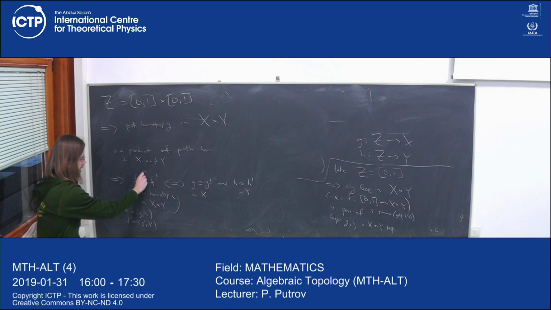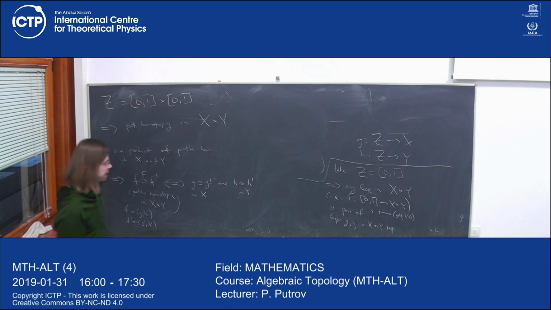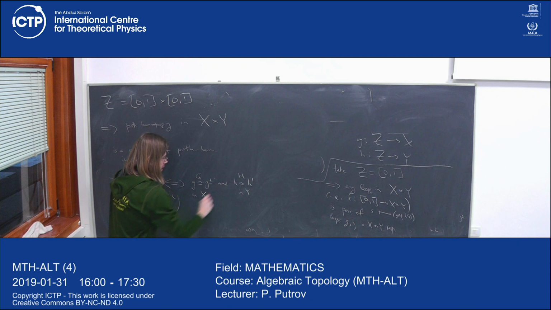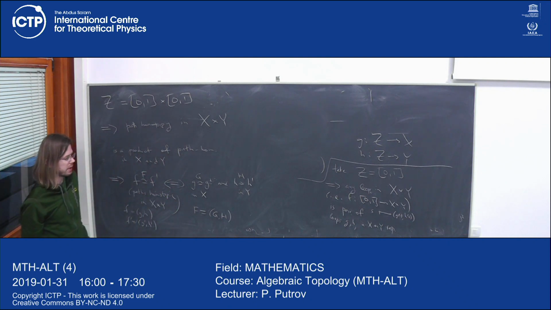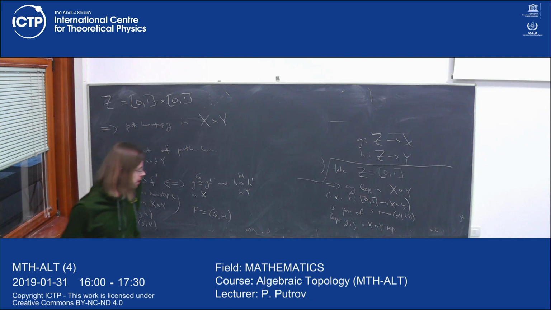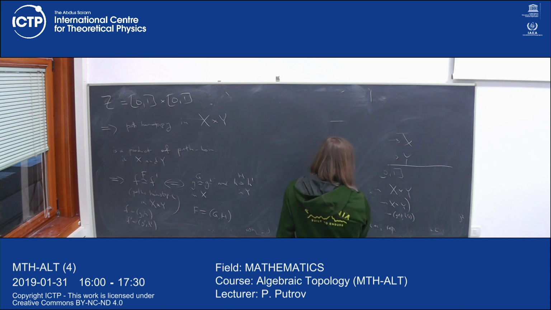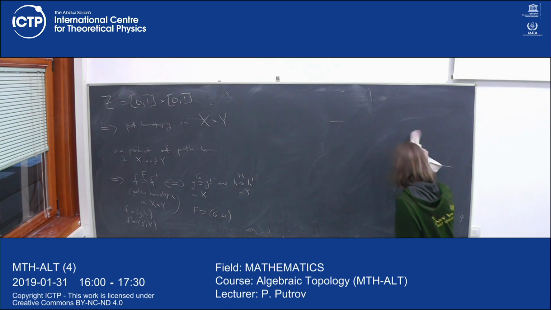So this is path homotopy in X, and this is path homotopy in Y. Indeed, if this homotopy is realized by some function F from the square to X times Y, and this is by G and H, this just follows from the general statement before, that we can decompose F into a pair of functions G and H. Okay, and so it follows that